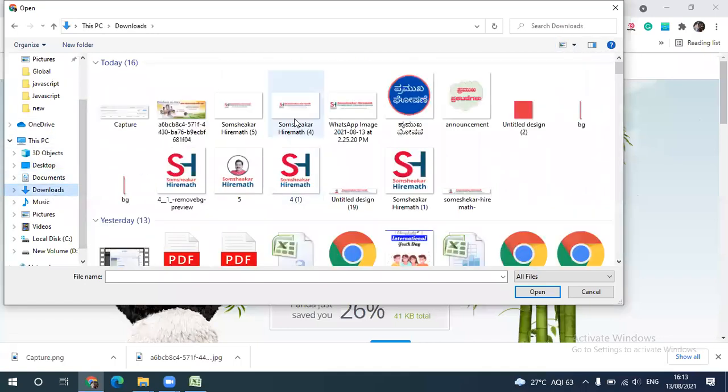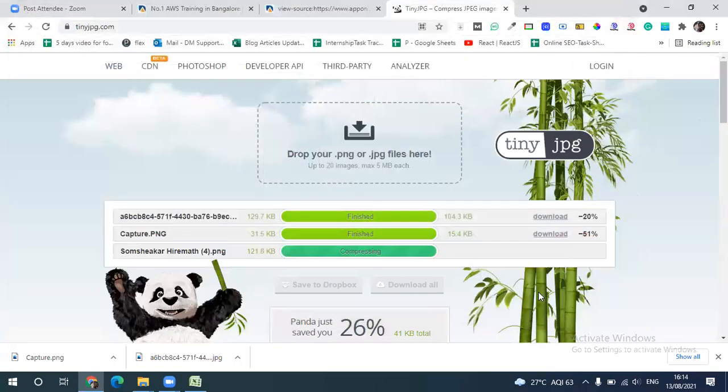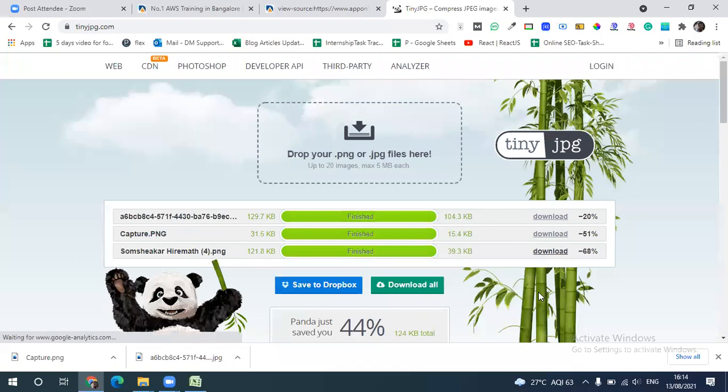In the downloads, I get it. Now see, this image we compressed 68%. From 121 to 39 KB it is reduced.